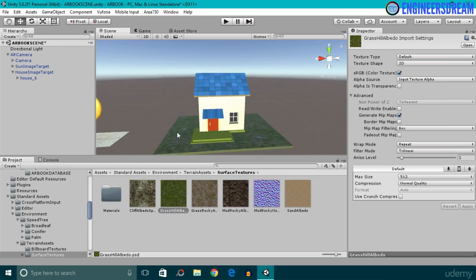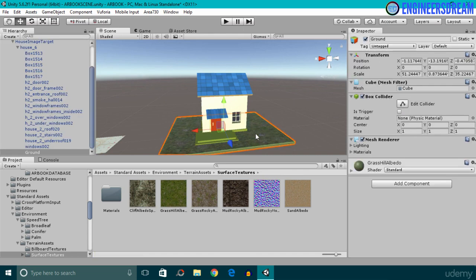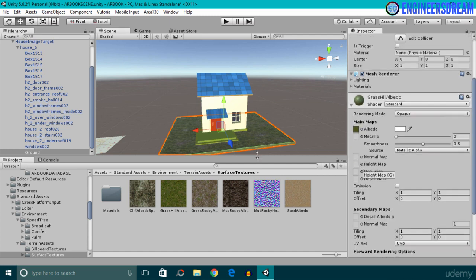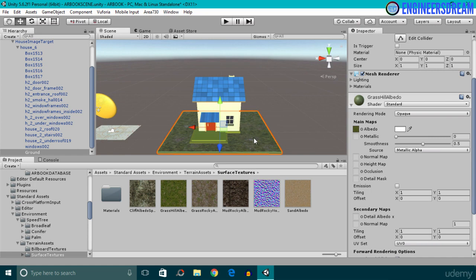Okay, so as you can see, the texture of a ground game object has changed to that of a grass. Okay, now after changing the texture of the ground game object, next I'll select the ground game object. After this, I'll open the grass texture. So I'll click on the triangle to open the grass texture and next I'll increase the tiling of this grass texture because if you look very carefully, the grass texture looks a bit stretched.